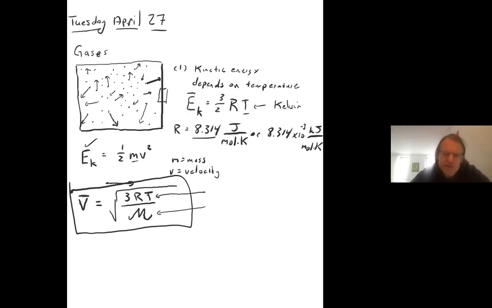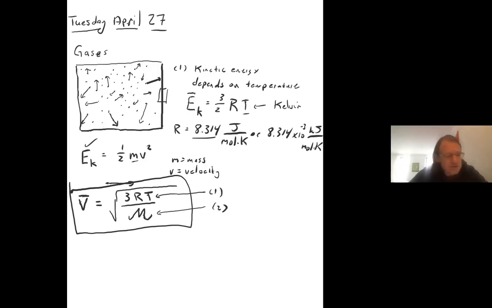So when you look at these problems, if they're asking you, hey, I changed the number of moles, does that change the average speed or the average kinetic energy? No, the moles aren't important. What's really important is the temperature and the molar mass. So pressure, not important. Moles, not important. Just look at temperature. The higher the temperature, the faster they go. The higher the molar mass, the slower they go. Those are the two relationships, and then you'll be set.